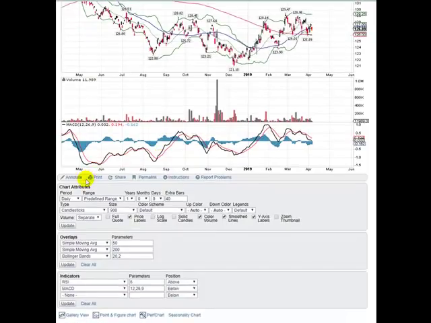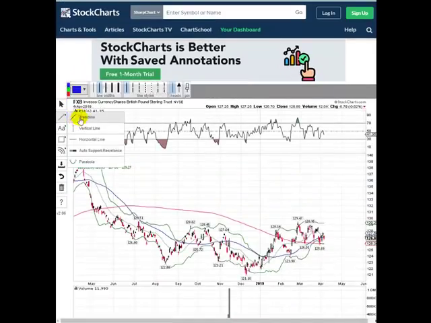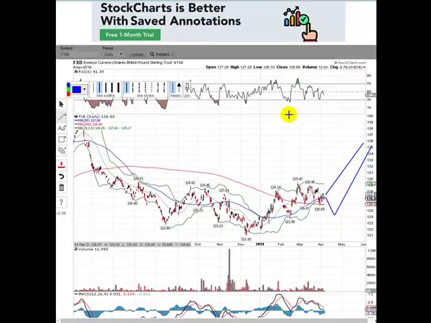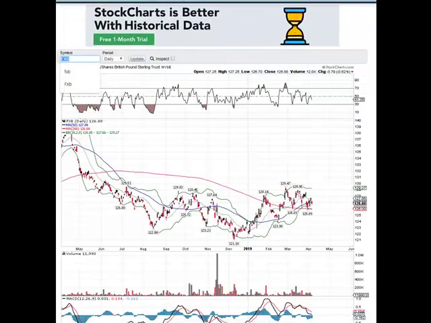Now, when I say this head notably higher overall, it doesn't mean that it necessarily has to go straight there. You can always have some sort of pullback like that before you get there. So just know that can happen. It's normal market mechanics for any of that type of stuff to happen.